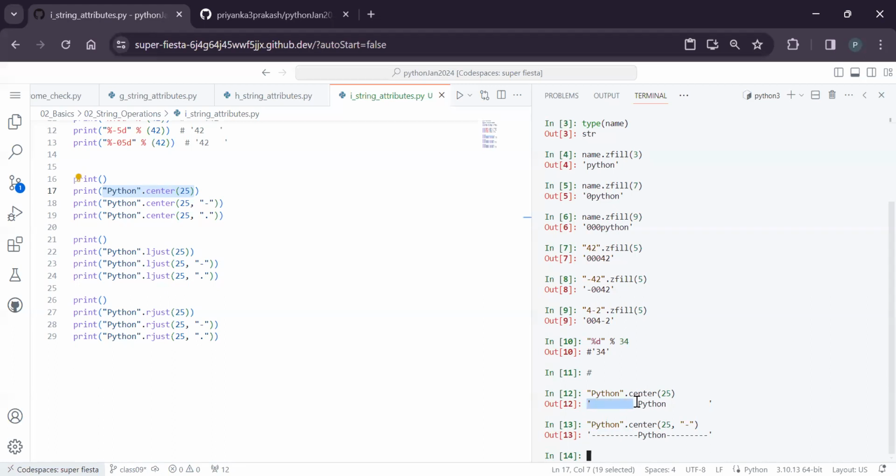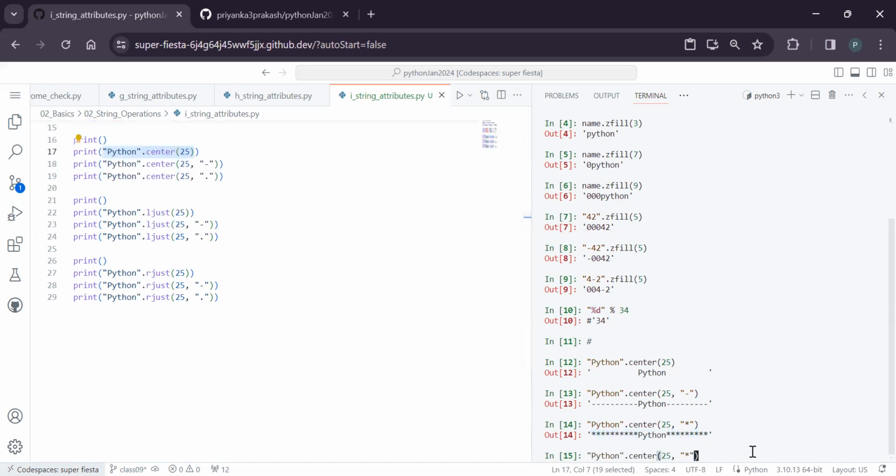Instead of empty spaces, it is returning this character. But if you write some other character, like a star, did you see? It is prepending and appending with the stars. The same thing happens if you do L-just or R-just. Instead of center, if I say L-just,